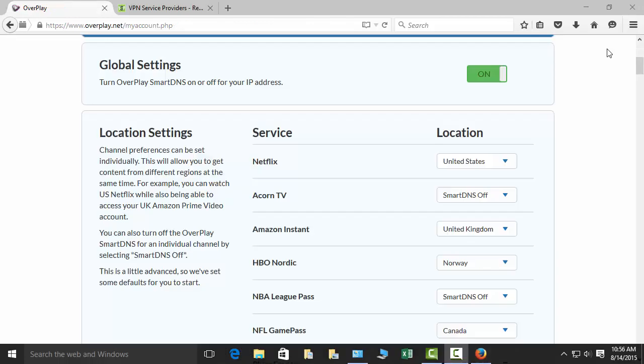DNS service. Alright, so the OverPlay Smart DNS service is very simple to use. You simply change your DNS settings to those provided by OverPlay and activate your IP address on their site, which it will take care of when you log in. From there, you have access to channels in other countries without the need for any kind of software or encrypted